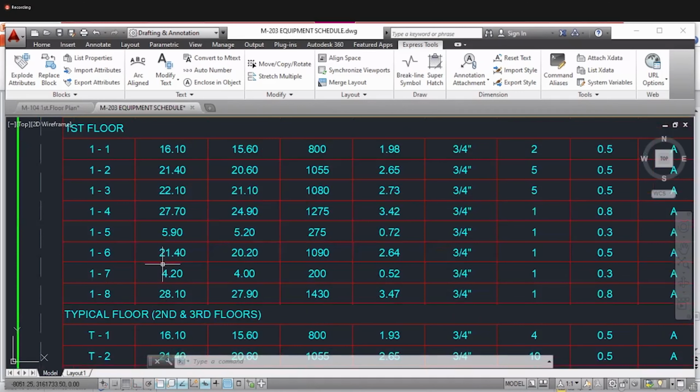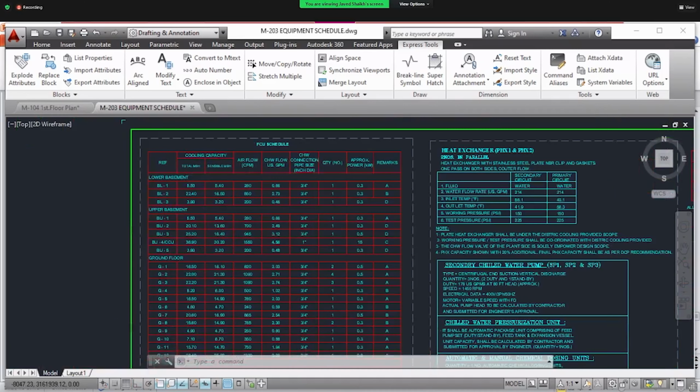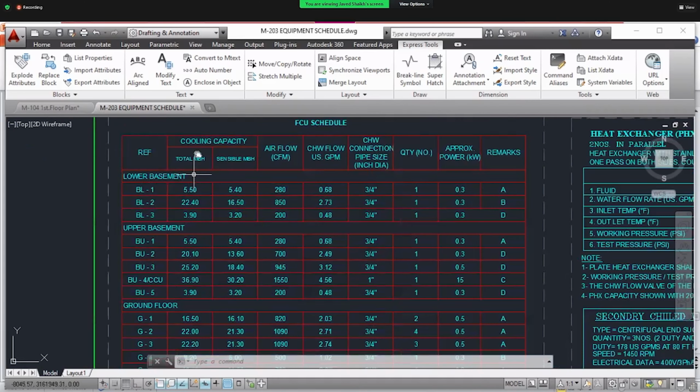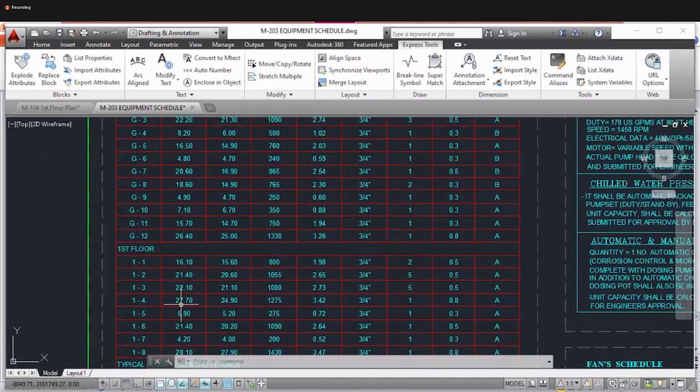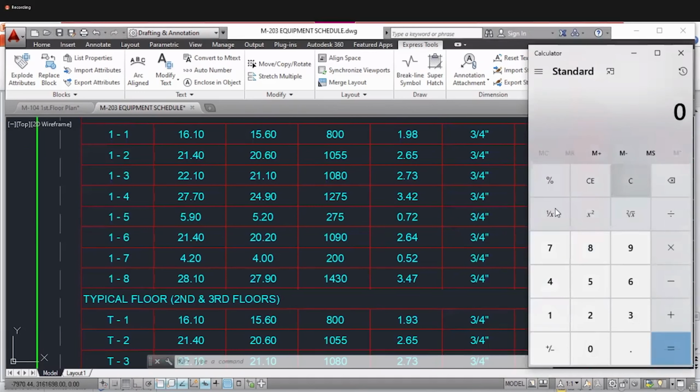So what is TMBH? This is the TMBH, from the heat load sheet. We have to put it here. And 1/7 is 4.20, so let's convert it. 4.20 divided by 12 gives us the tonnage, and then we have to multiply by